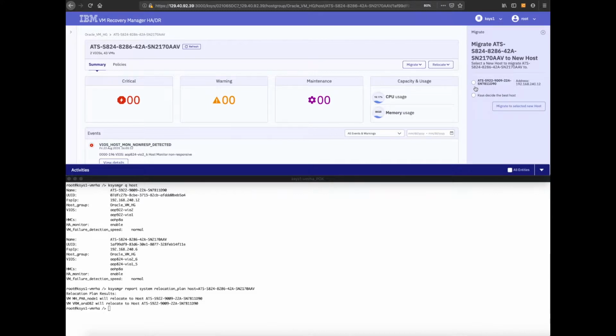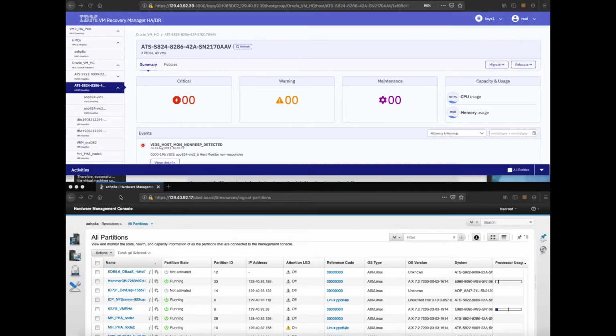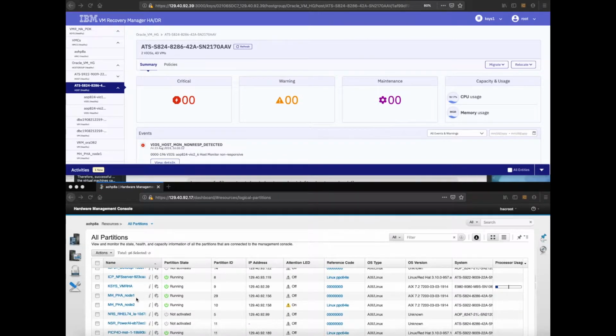So let's go ahead and migrate to the next host. We'll leverage the LPM function. I've only got 1 potential viable target, and I'll go ahead and execute it. Now I really don't need to see the bottom anymore, so I'm going to get rid of that. And I already had a window open into the HMC, so I can go ahead and see,